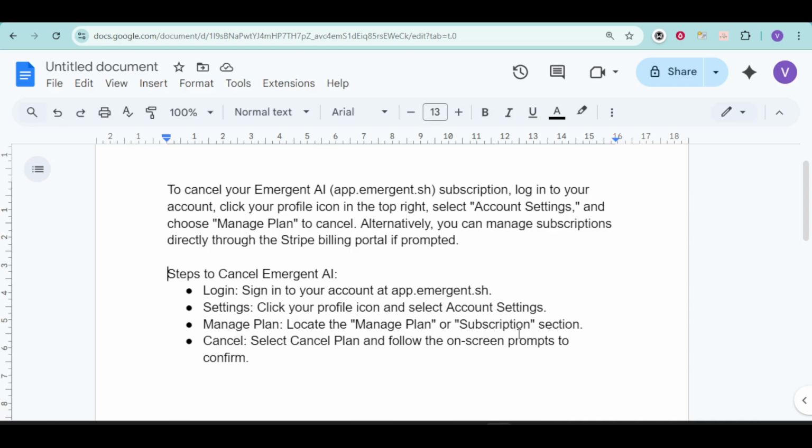Now, once you're there, you can see the cancel plan option. Just follow the on-screen prompts to confirm the cancellation of your subscription. Once you're done, you won't be billed anymore for the next billing cycle, and you can still use the application